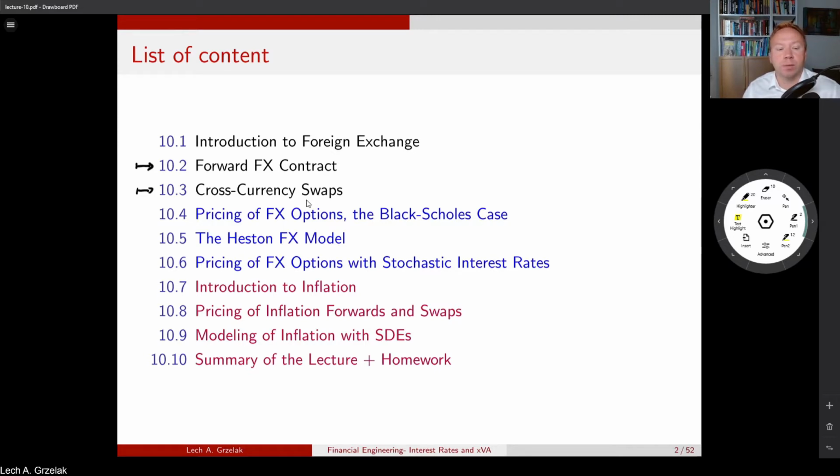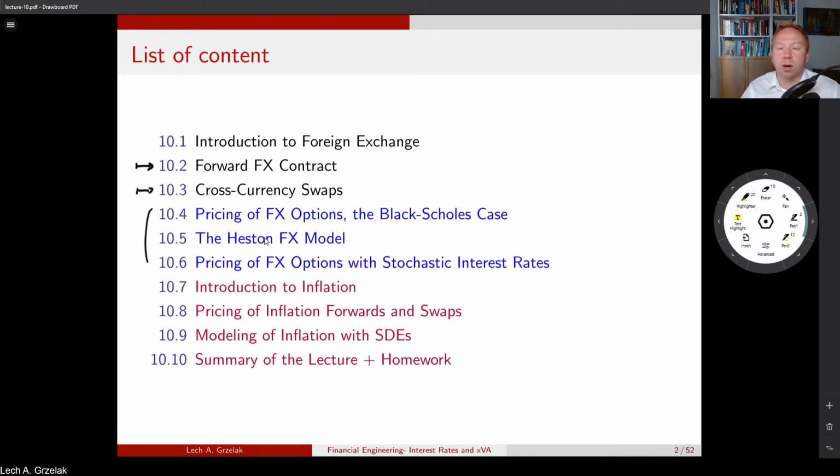In the second block, we'll also be talking about FX, but here we will go more into the pricing of options. So we are talking about the tools necessary to calibrate our model, stochastic differential equations, using market instruments. The first one will be a simplified illustrative case where we take the Black-Scholes model and evaluate option prices on foreign exchange. The second and third parts of this block will be about the extension to the Heston model